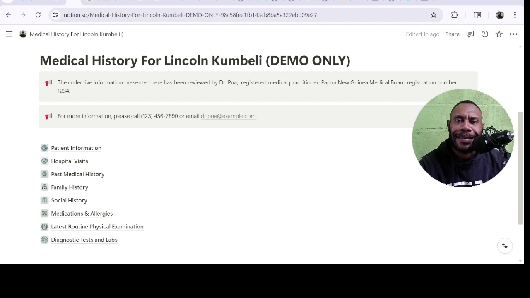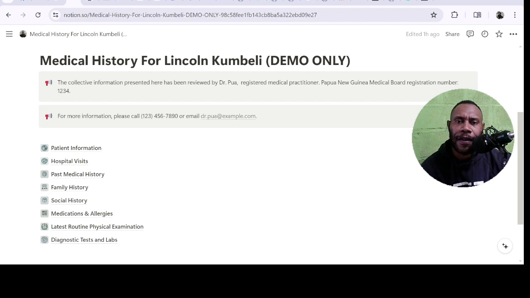So Notion is a site which was originally designed as a note-taking app. People usually use it for keeping reminders or to-do lists, but it's also a collaborative workspace tool. So you can use it to set up workspaces or pages, sites, so that your colleagues or coworkers can work on the same project at the same time by you setting different access levels or access privileges. So in this case, we can put your medical information and medical history on a site, on a page,